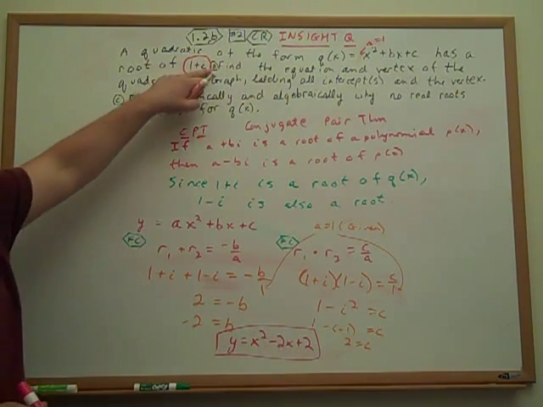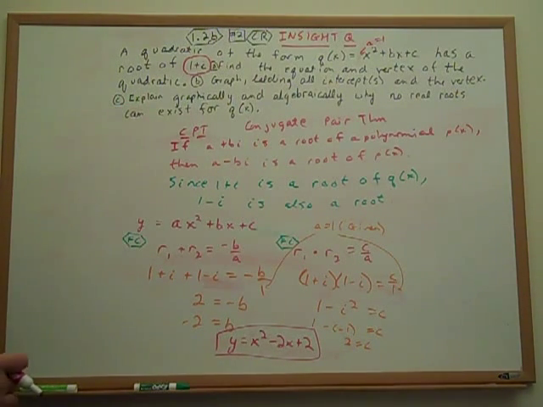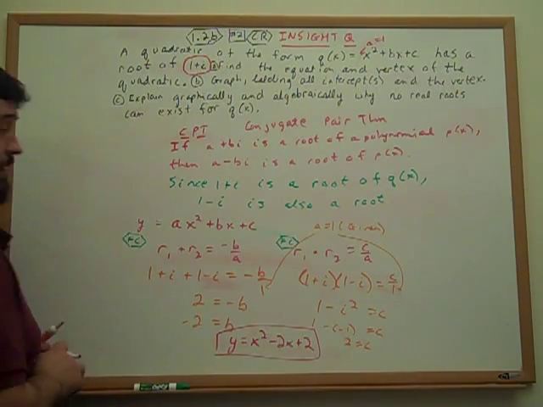Part A is almost done. The only thing left is to solve for the vertex of a quadratic. There are two ways to do it here. We can take the average of the roots. Most people don't think that way. That's the way I do, but I think that for most people what they do is they go straight to